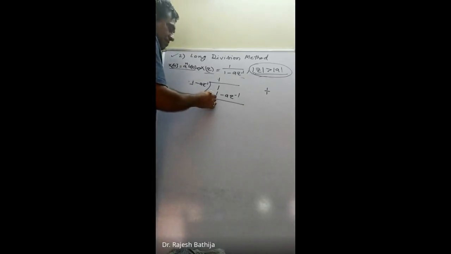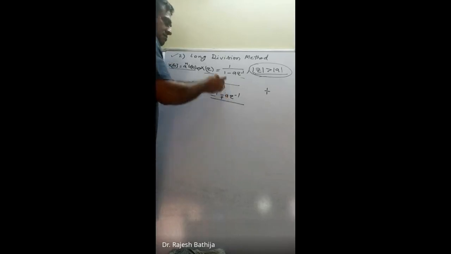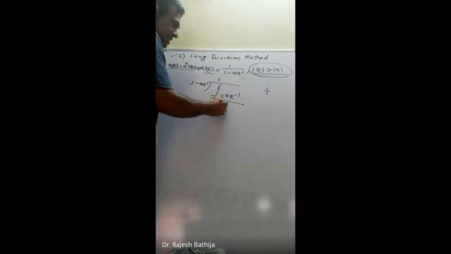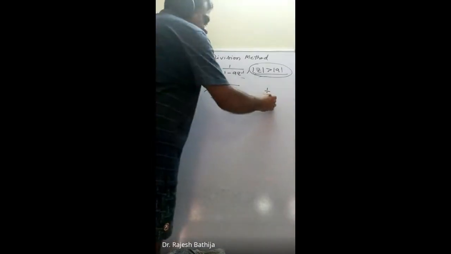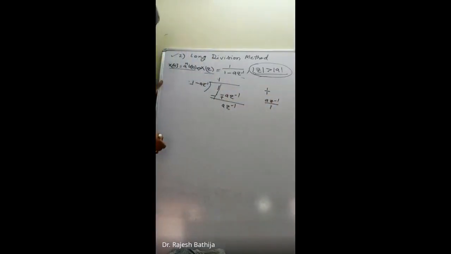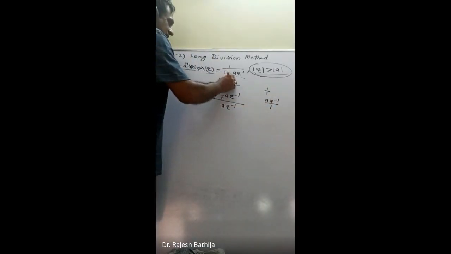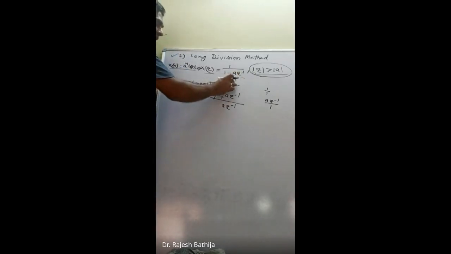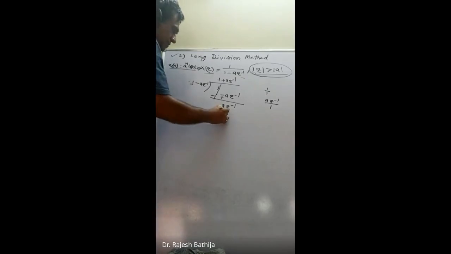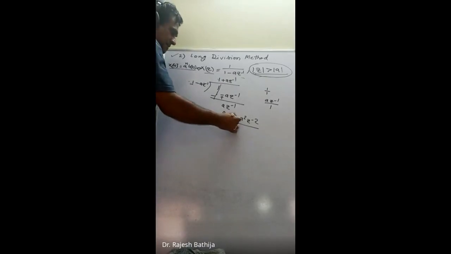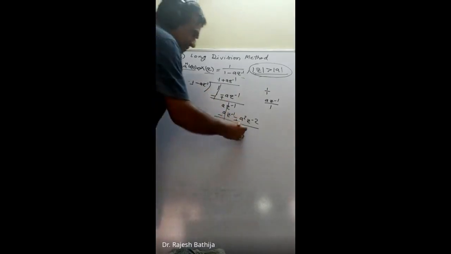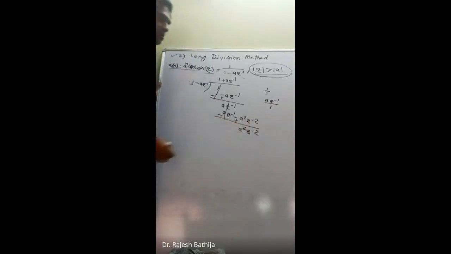And then what we will do? We subtract this term. This is the normal division process we always follow. After subtracting, the 1 and 1 cancel out, and this comes as plus a z inverse. This is now my first term, so a z inverse divided by 1 gives a z inverse. So I write plus a z inverse here, and then multiply a z inverse with these two terms, giving a z inverse minus a squared z to the power minus 2. When I subtract, this again cancels out, so I will have a squared z to the power minus 2.